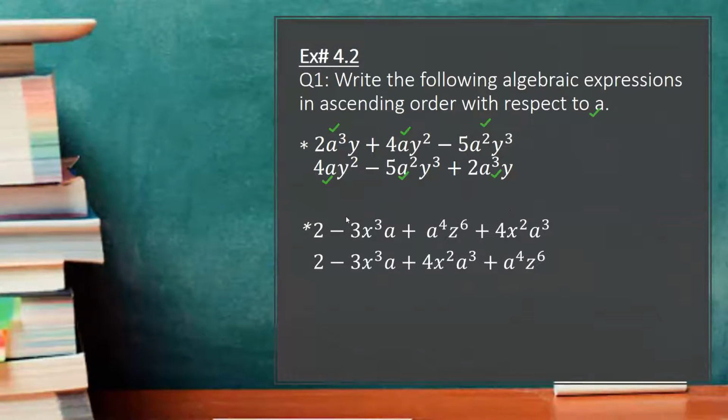In this expression, first we have to write 2 having A power 0. The second term will be, look at these terms, A power 1, A power 4, A power 3. So we have to select the second term this, and the third term must be written A power cube, and the last term must be A power 4. After finding out the terms order, write it down properly with the signs. Clear, everybody? I hope now this is all clear to you.